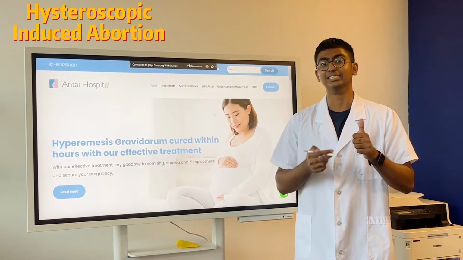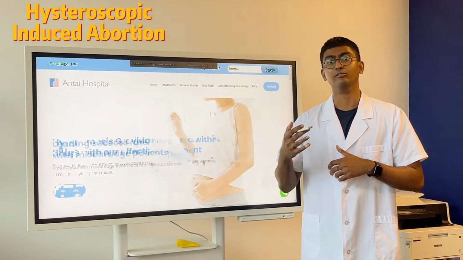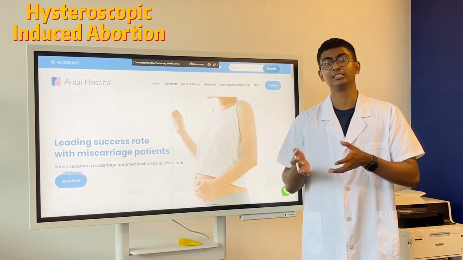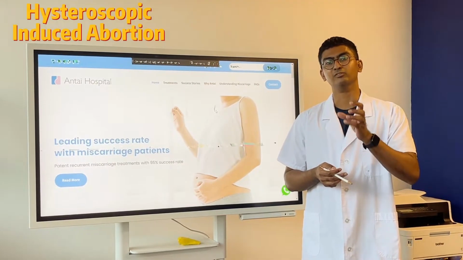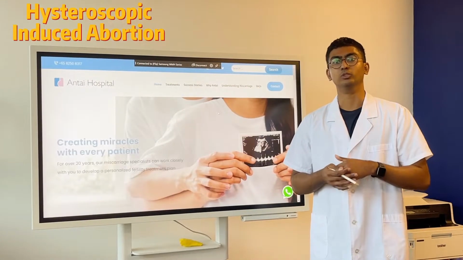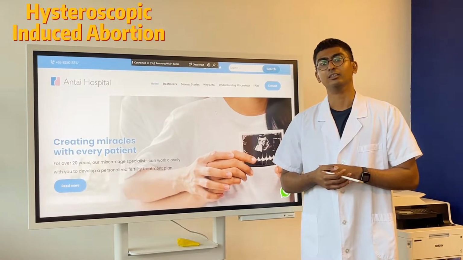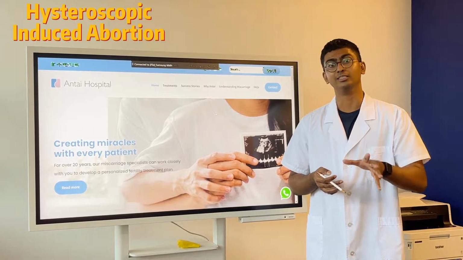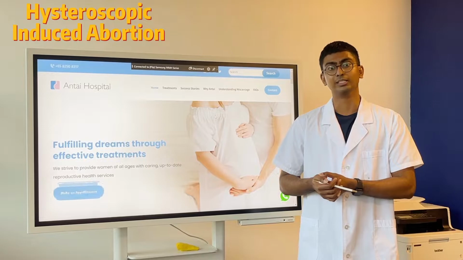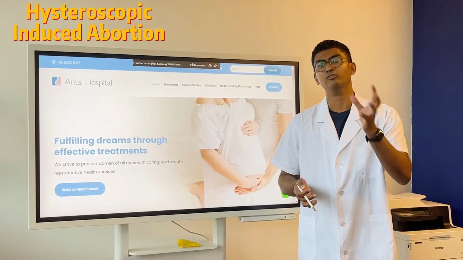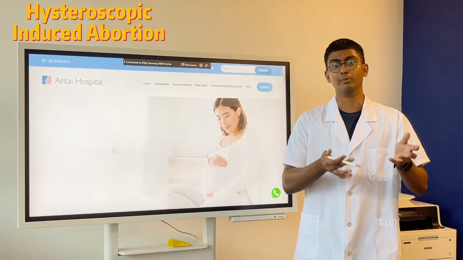So the most common ones are a D&C, dilation and curettage procedure, and the other one is vacuum aspiration. Both of these remove the pregnancy tissue from the mother's body, but the method is very crude, very damaging to the uterine cavity because the scraping is done to make sure there is no pregnancy tissue left inside, to make sure there's no infection that will occur inside the mother's body. So the scraping is done very thoroughly, and this causes a lot of damage unbeknownst to the mother,